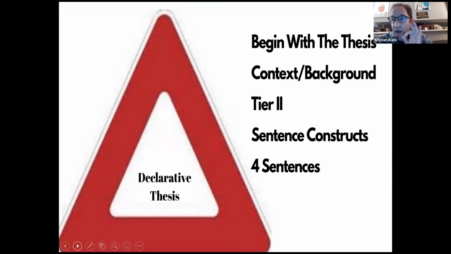An introduction is always going to be 4 sentences long when you're using the templates. No more, no less. Always 4 sentences. Once kids get a certain alacrity with their writing and comfort level, kick the training wheels off. It's a scaffold. It's a guardrail. Just kick it off after they've got mastery. So when you declare, you're going to begin with the thesis. Just out of the gate, boom, drop the thesis, answer the essential question. From there, it's context and background.